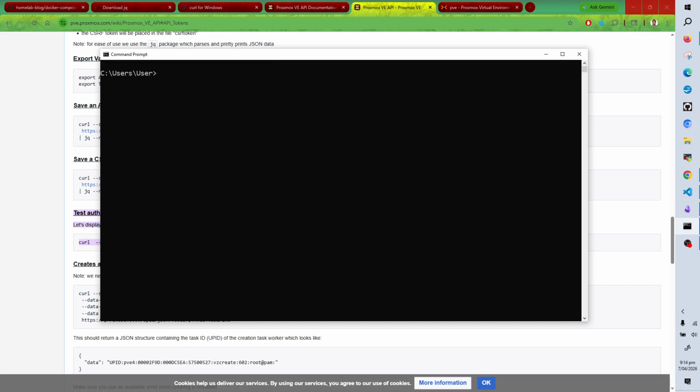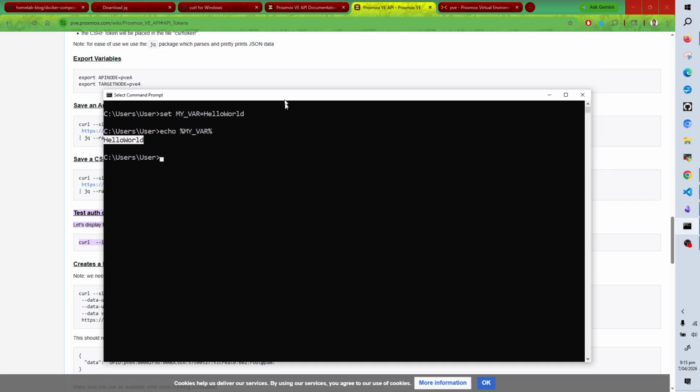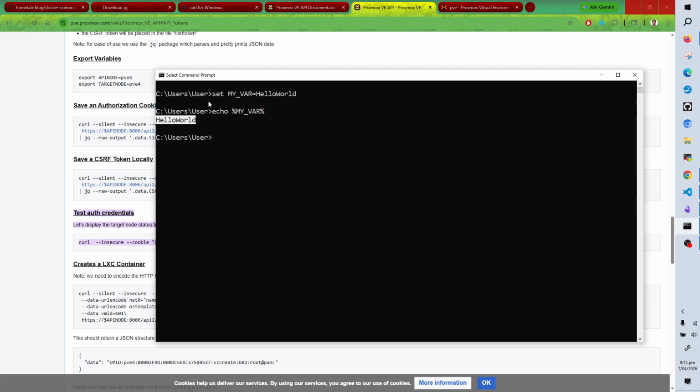you can do everything here with the command line, which is again pretty simple. You can just set a simple environment variable like this: set MYVARIABLE equals hello world. You set a simple environment variable, and then you can just echo that variable here. So you set the username and password into environment variables that you can use,